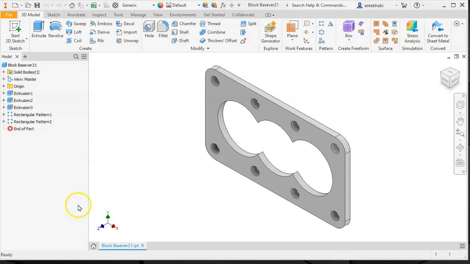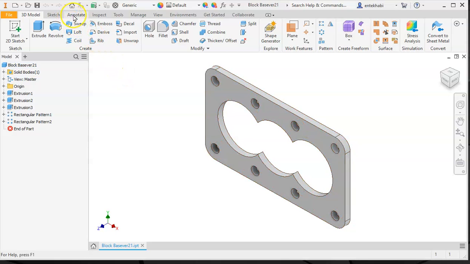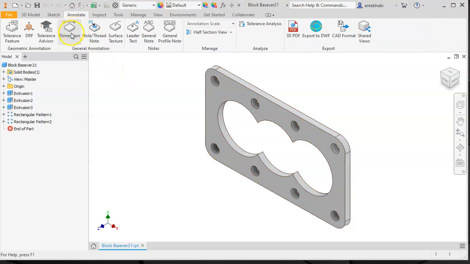Okay, now we have completed the model. We need to add annotation to the model, also add dimensionings based on ANSI dimensioning standards. Let's begin adding the annotation in the model first. For this particular case, we will add notes, general notes, and define